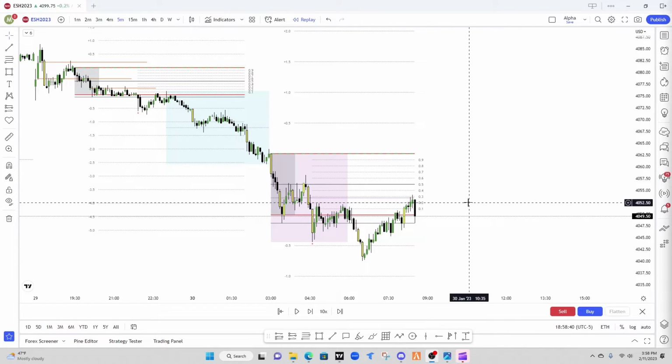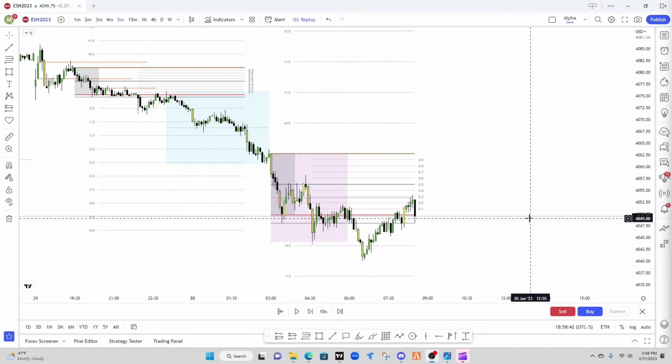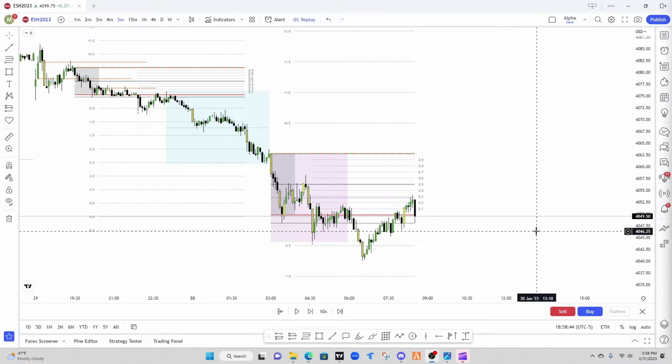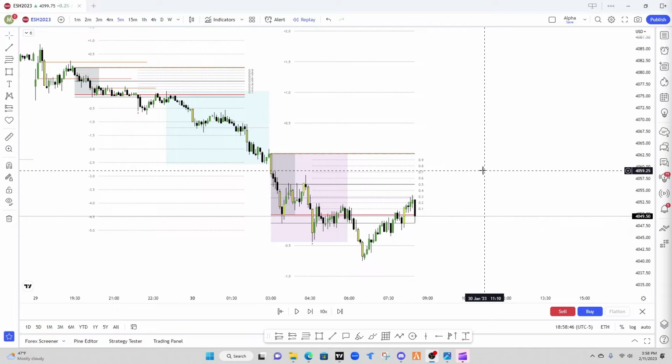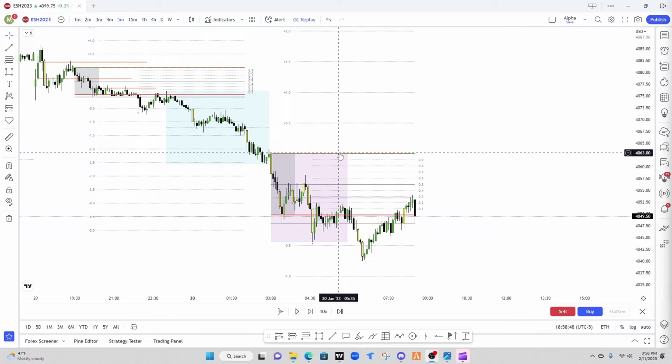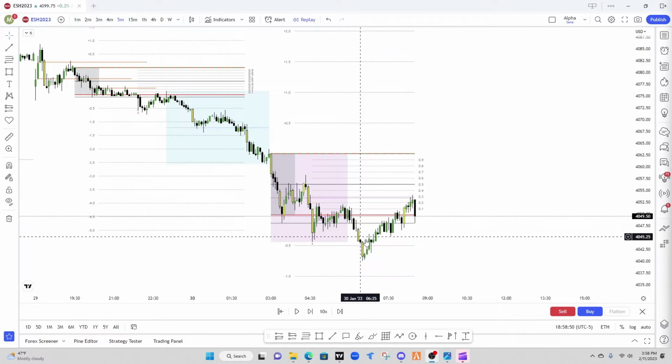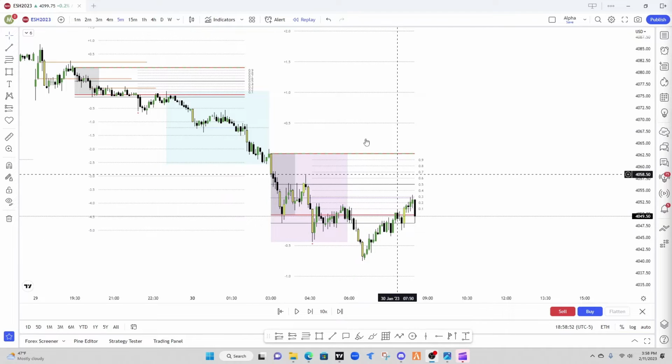The first week of the DR Academy is in the books. This is a trade from January 30th using the DR lens and the drive indicator, along with mapping out a